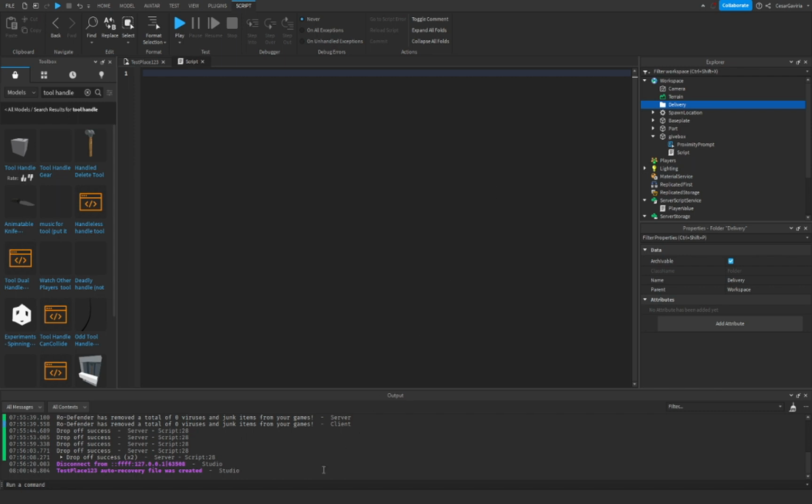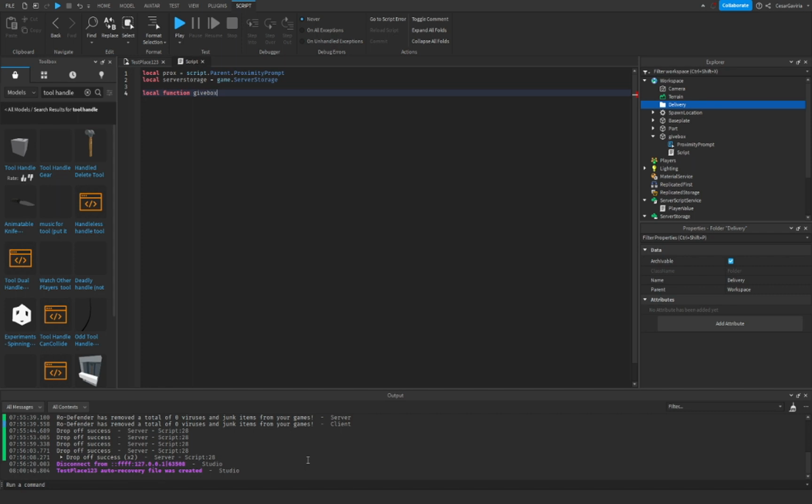So here's what I'm thinking for the giver. The first thing that I'm going to do, I think, is set up our parameters, and we're going to have one parameter inside of this script, and that is going to be for the actual proximity prompt. So we're just going to say local prompt, or prox, is equal to script.Parent, and that's that for the giver. The next thing we're going to want to do is go ahead and set up ServerStorage as well, because we're going to want to pull the box from ServerStorage. So we're going to say local function